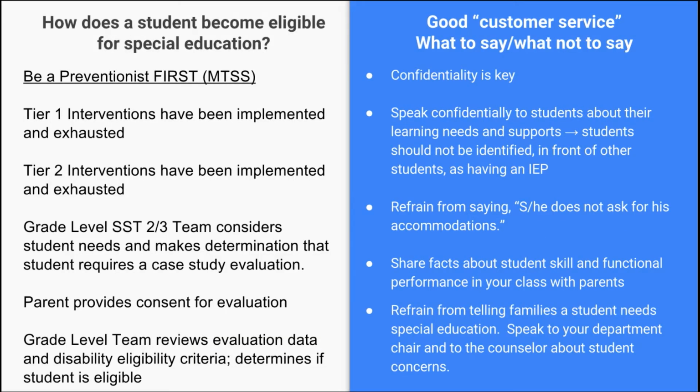People often wonder how a student becomes eligible for special education services, and the answer is both prevention and intervention based. Once Tier 1 and Tier 2 interventions have been implemented with fidelity and exhausted, and a student continues to lack academic, social, or behavioral success, the grade level SST 2-3 team meets. At this meeting, the grade level SST 2-3 team considers student needs and decides if the student requires a case